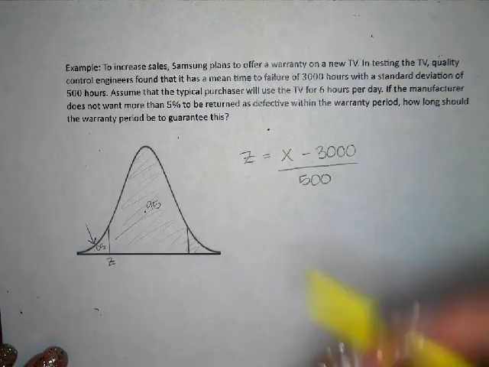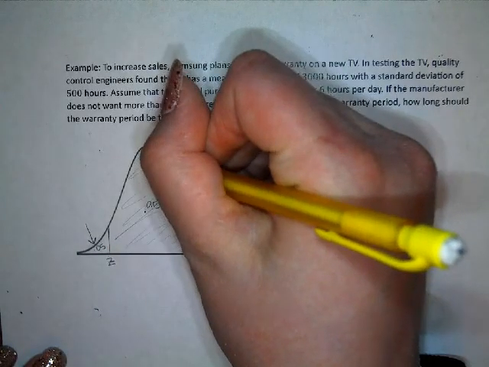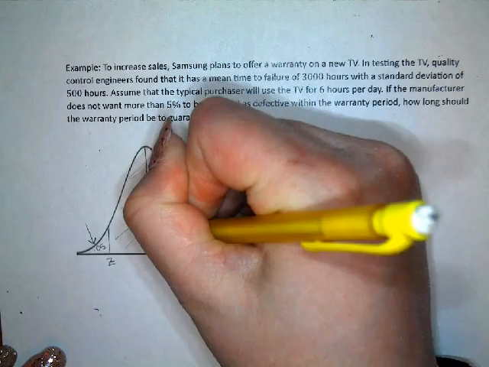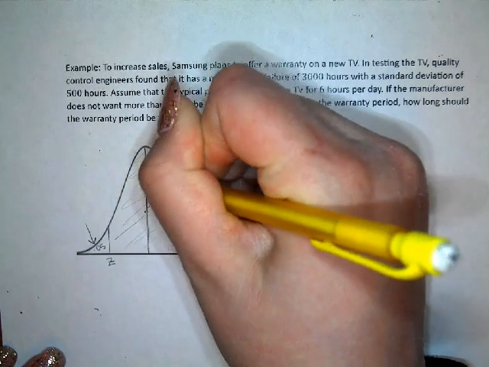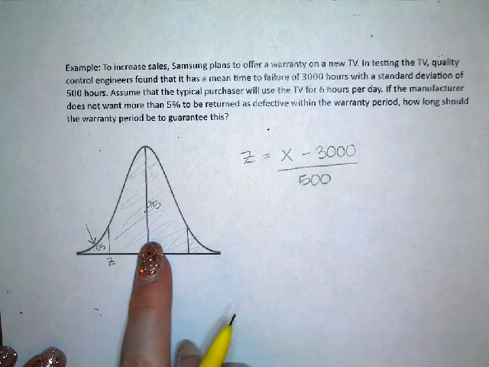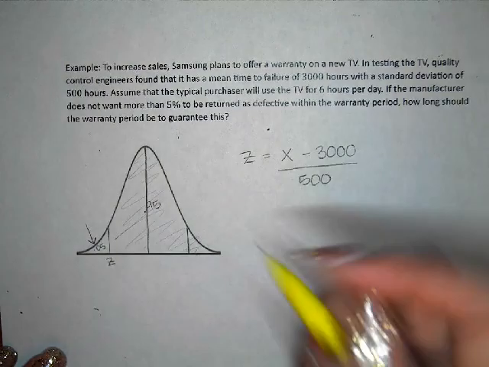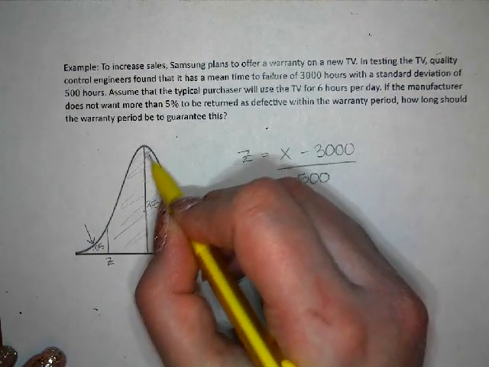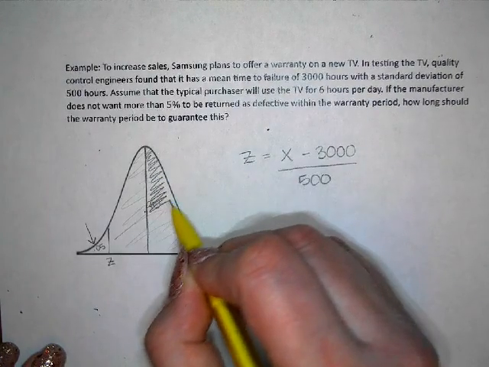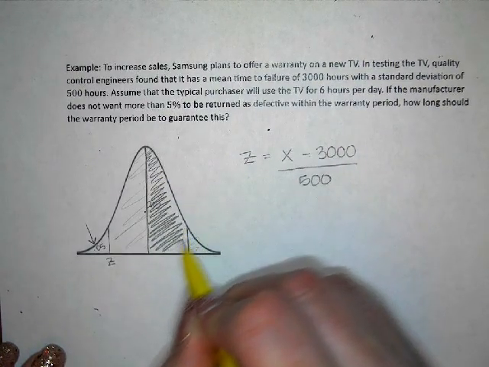And it's not going to measure from the middle all the way to the right. It's going to measure from here to here. So we have to figure out what we're going to look for on this table